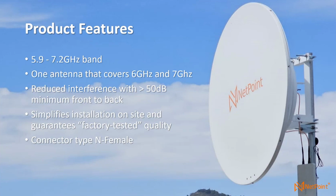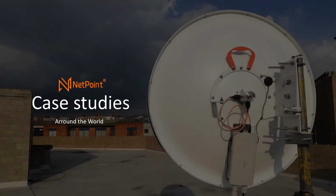One thing more that this antenna has included is some steel bracing. You can increase the wind resistance, and more important, all the deployment on the antenna is going to be stronger. And with this, we're going to see a few case studies around the world. We have a lot of case studies around the world. It's 2000 deployments of these antennas